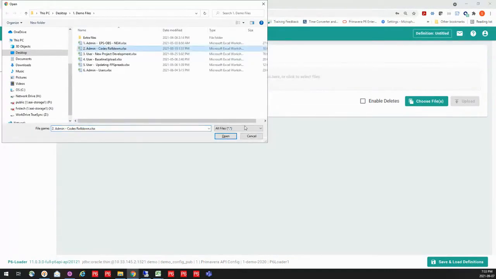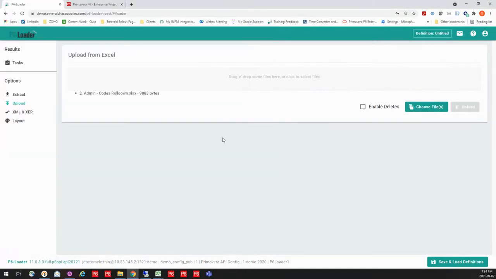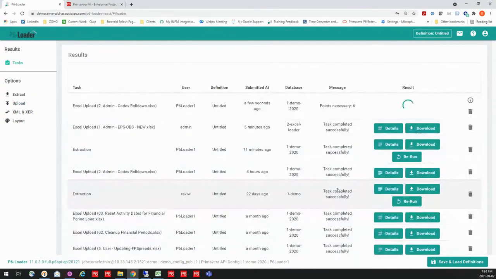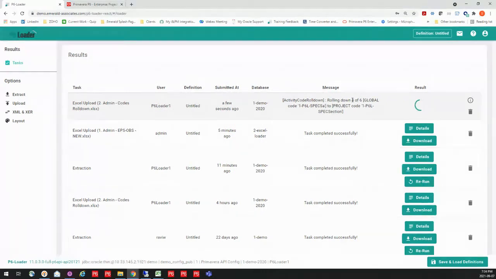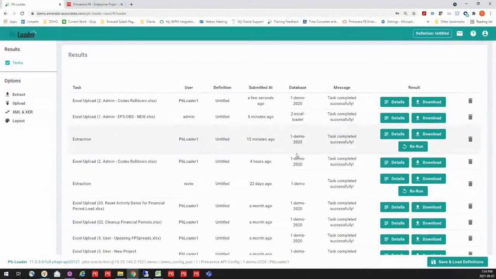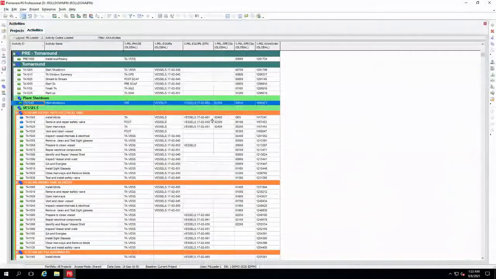So I'm going to select the file, I'm going to open it, and I'm going to upload. Now, it's going to be telling me what it's doing. It's rolling down 2 of the 6. It's now on 4 of the 6. Then when it's completed again, it's going to tell me it is successful, and I am able to go back into Primavera, refresh my data,